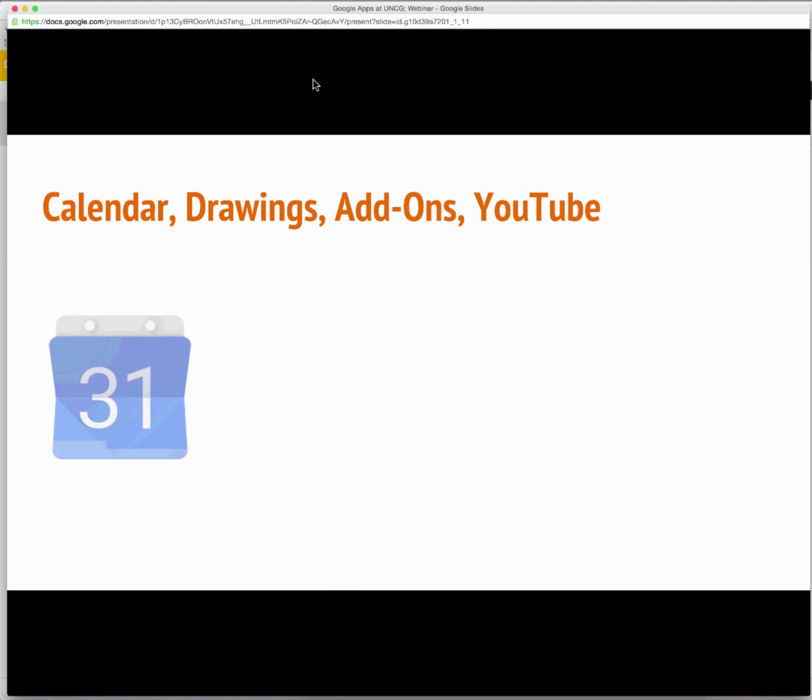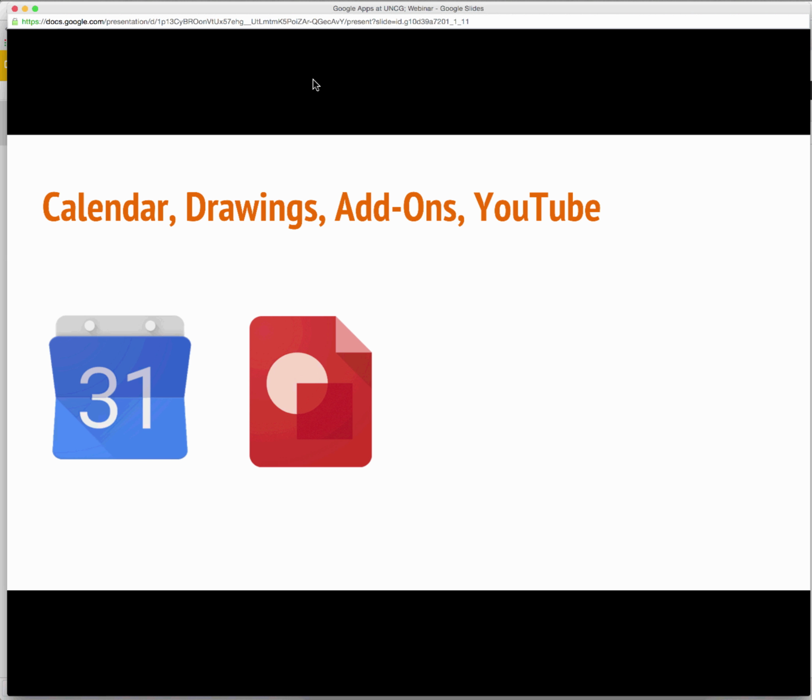So of course you have the Google Calendar, a time management web application and mobile app. There's Google Drawings, a diagramming software developed by Google. It allows users to collaborate and work together in real time to create flowcharts, organizational charts, website wireframes, mind maps, and more. It's basically a whiteboard that gives you the space to draw on, and you can add in collaborators,